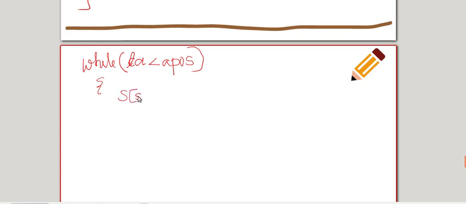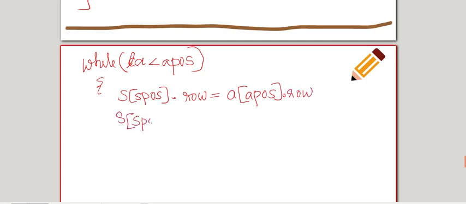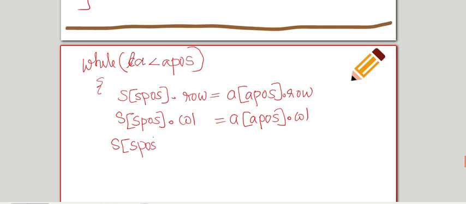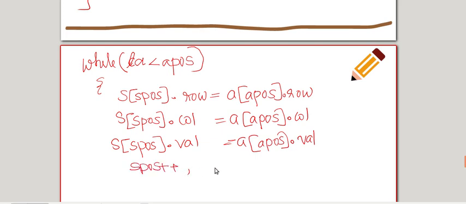So S of S pos dot row is equal to A of A pos dot row, and S of S pos dot column is equal to A of A pos dot column, and S of S pos dot value is equal to A of A pos dot value. After copying, I need to increment S pos as well as A pos.